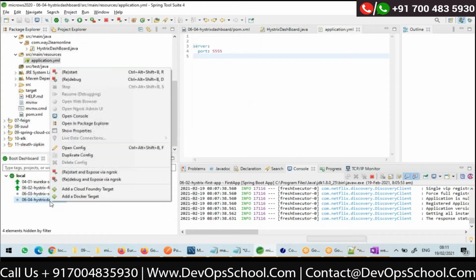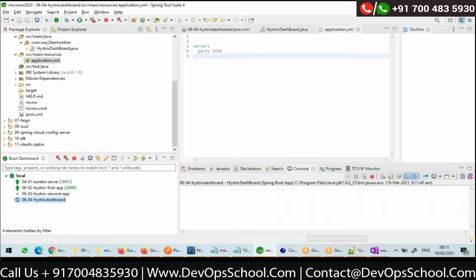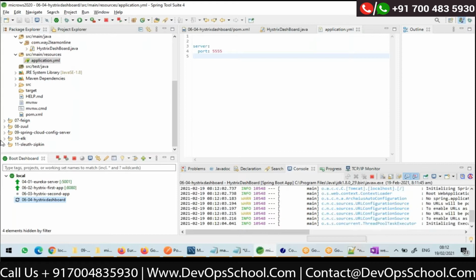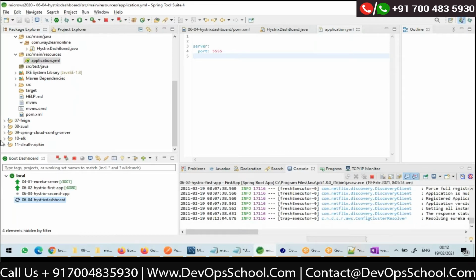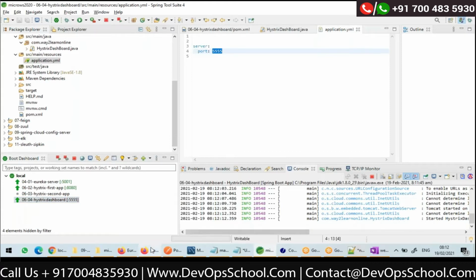Let me start this dashboard. Dashboard is a separate app, and now it should start on port 5555.